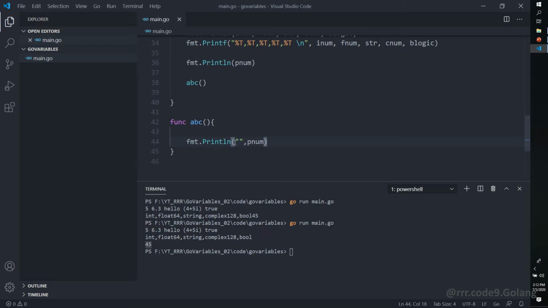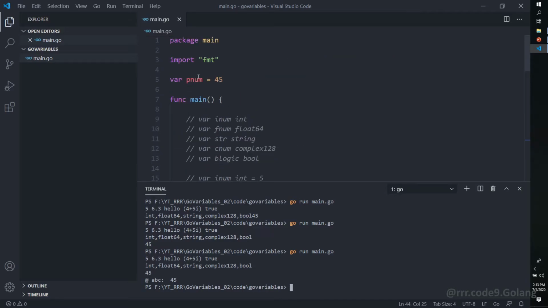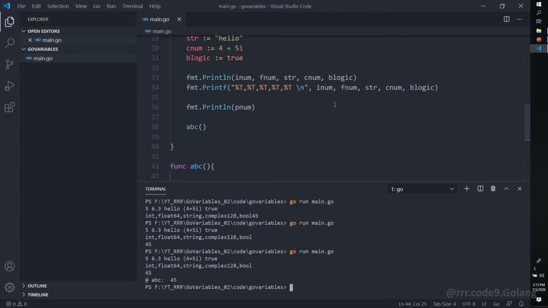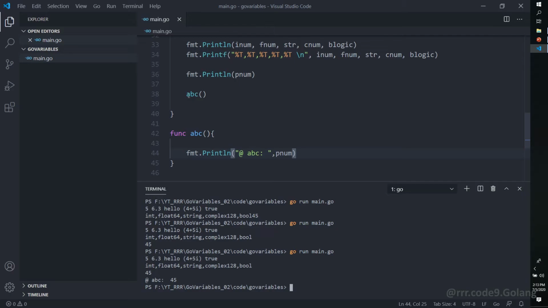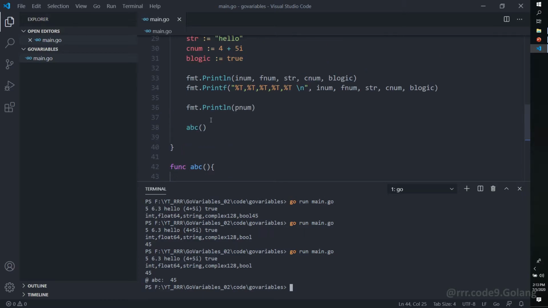So here we can write at ABC. Okay, let's go ahead and run the code. So here it is printing at ABC 45. So this function is accessing the package variable pnum, and this function is also called from main.go. So there we are printing this, and it is showing at ABC 45.